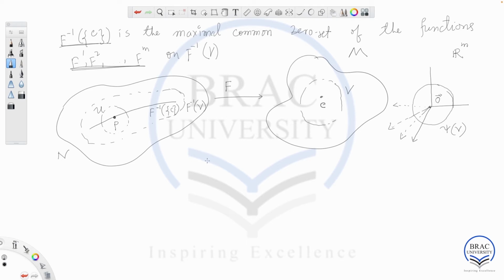So this picture describes the fact that the level set F inverse of the singleton C of F is the zero set of, so this is psi, so the zero set of this composed map, psi composed with F. Okay,